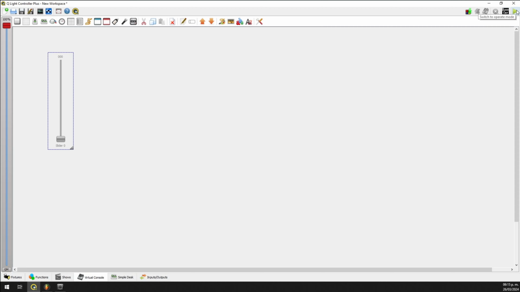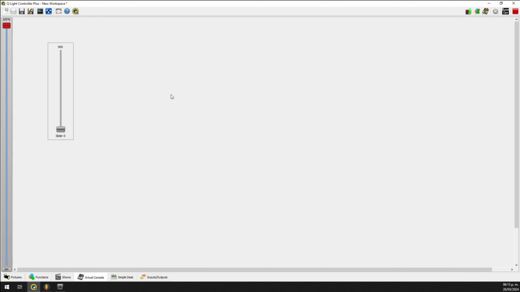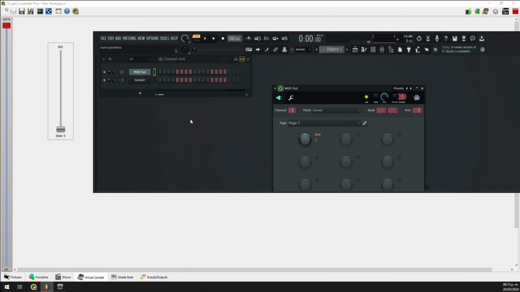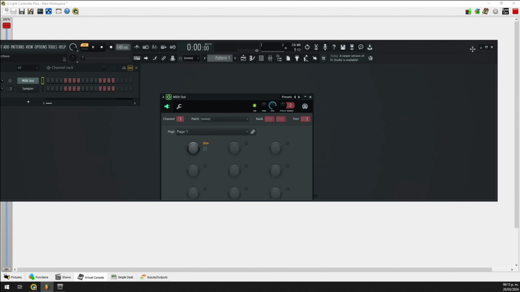And then, as you might know, you can switch to operate mode, and there you go. So for example, with this FL Studio, I can move this slider. Okay, so I'm going up on FL Studio, and it's also going up in QLC Plus. So this is great because obviously what we can do over here is